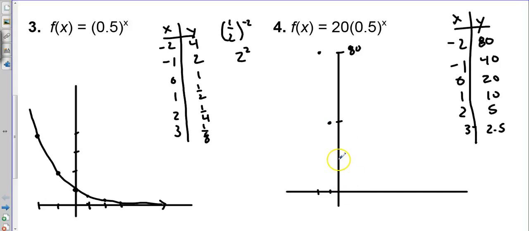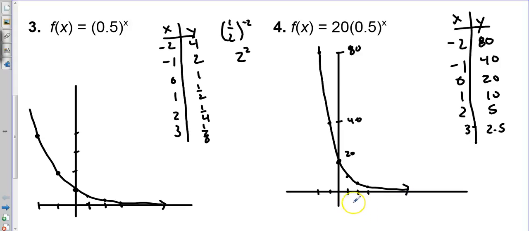At 0, we're at 20, so that's halfway. There's 20. Move over to 1, and we get halfway again. Move over to 2, and we get halfway. Move over to 3, and we get halfway, and so on. And so you can see this graph is much steeper. Much more steep. Okay, and it's still going to have that same behavior as we plug in